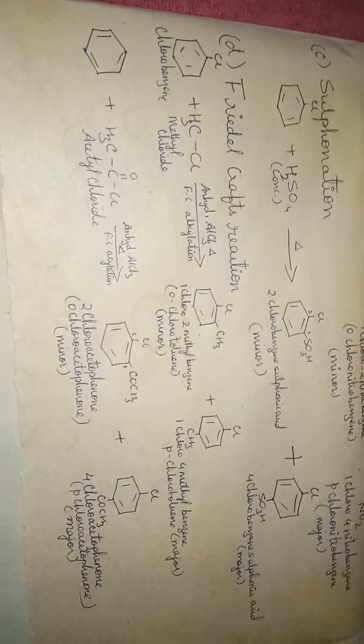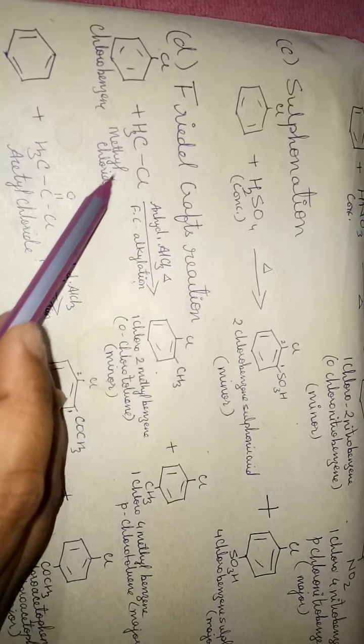Clear? Next, Friedel-Crafts reaction, one of the very important named reactions in organic chemistry. Friedel-Crafts has two major types of reaction, Friedel-Crafts alkylation and Friedel-Crafts acylation. The reacting mixtures are methyl chloride with anhydrous AlCl3, and acetyl chloride with anhydrous AlCl3 respectively. Here also you see two compounds, major and minor. As you can see in electrophilic substitution reactions of haloarenes, the major compound formed is the para compound, but two compounds are formed, one major and the other minor.